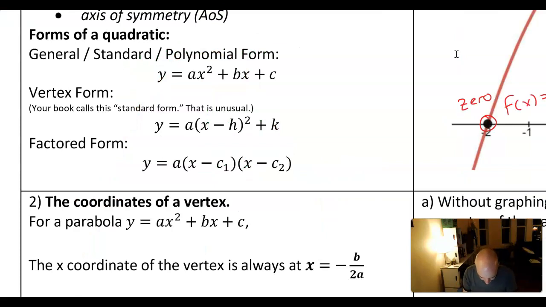Just over here, a quick word on the forms. I've just listed these here for you. Most of the time you're going to get a quadratic in this first general form, and usually you'll want to put it into that vertex form. Once it's in vertex form, it's easy to find the vertex, and it's easy to find the zeros because you can just solve for x. This is actually a better form, so you almost never go from vertex form to general form. That never makes sense. And then with factored form,